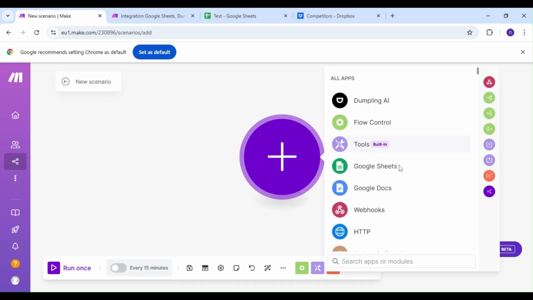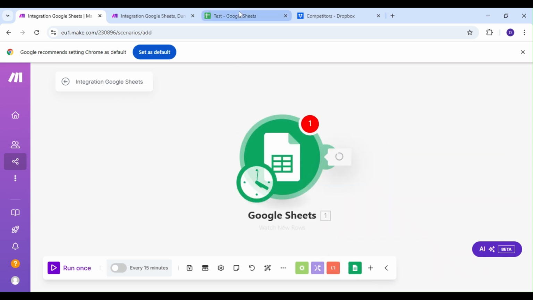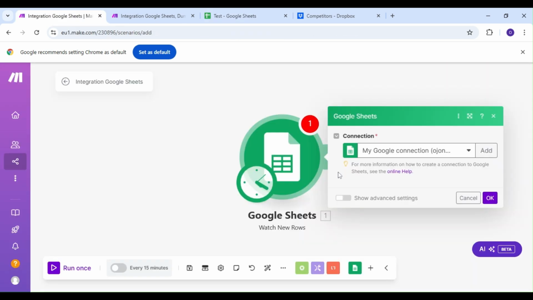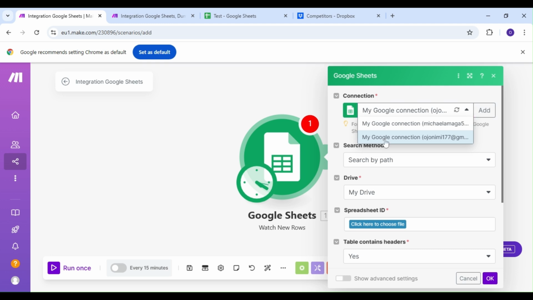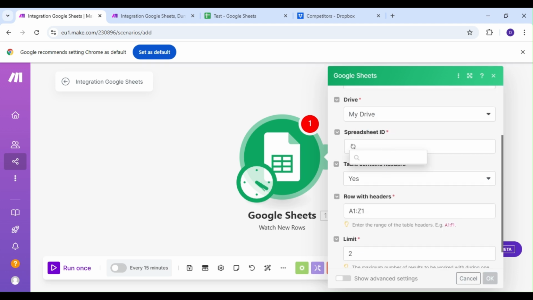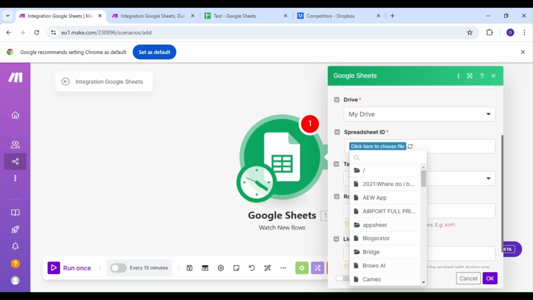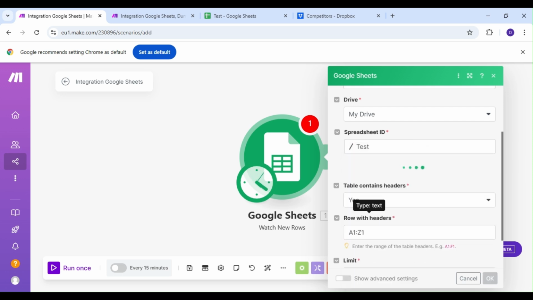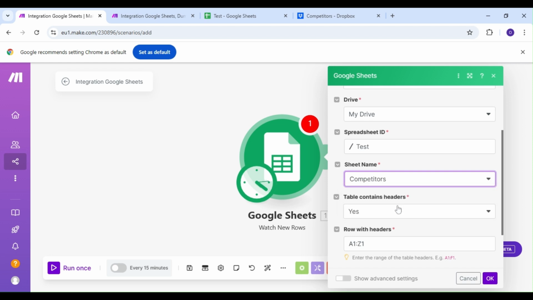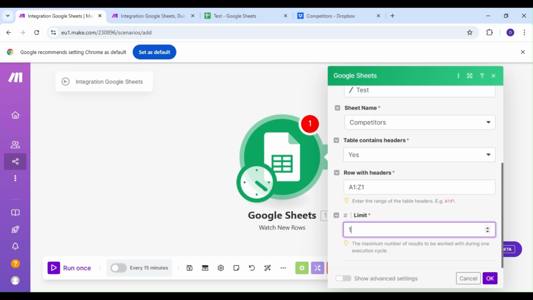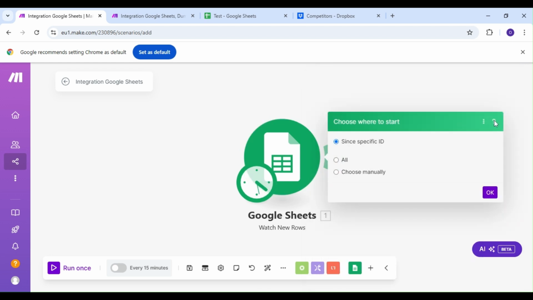First thing we're going to do is access our competitor's web URL using the Google Sheets module. That's where we stored our competitors' web URLs, and we suggest you do the same too. The action we're going to use is the Watch New Rows action. And all we're going to do here is find our spreadsheet where we've stored our URLs and have Make watch that spreadsheet for any new entries. Which means every time we add a new URL for a new competitor, this entire automation will run for that